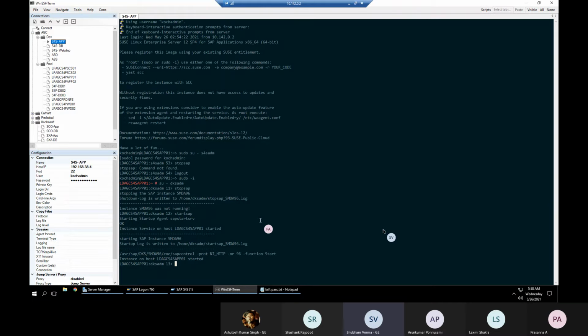So in your system, all the working happens in Linux, and on Windows we can only see the contents. Sorry, can I come again? So sir, in your system in Linux, only we can perform the SAP commands and other stuff, and on Windows we can only see the contents or the tables.